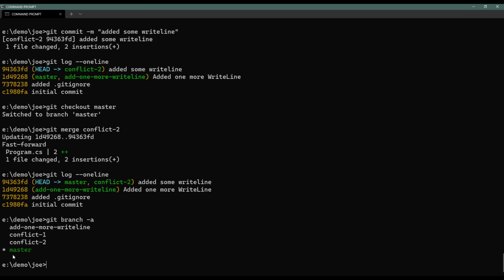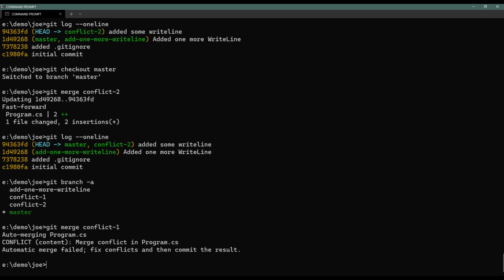I have master, conflict 1, which we haven't touched in a few minutes, conflict 2, which we've just visited, and then add one more write line. Because I'm on master and I've merged conflict 2, I'm going to merge conflict 1 as well with git merge conflict 1. And now I'm getting a conflict, and I'm required to do something about it, because if I do a git status,